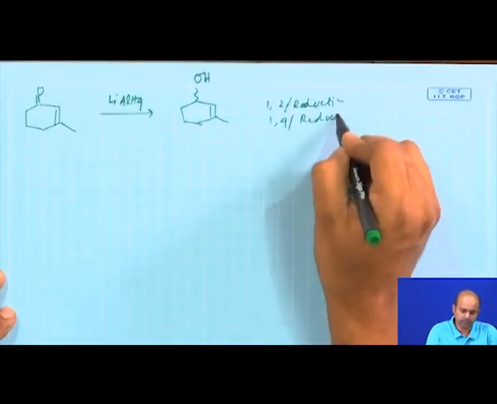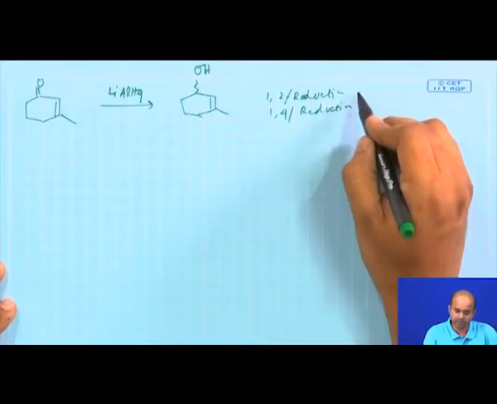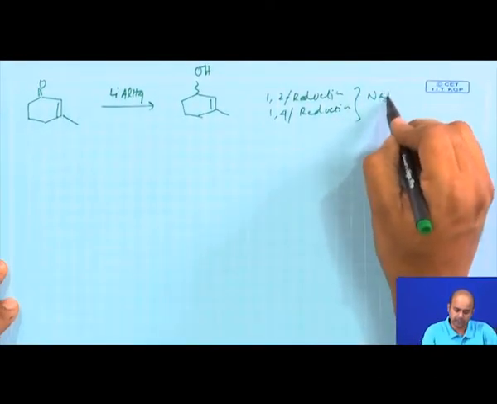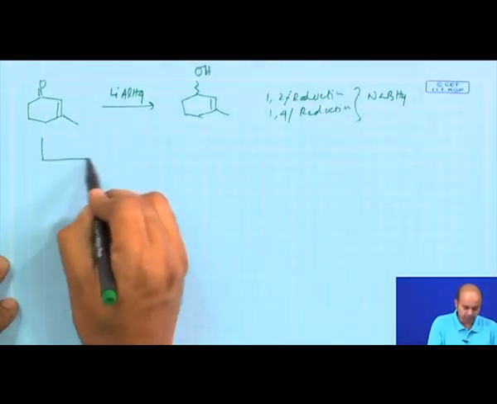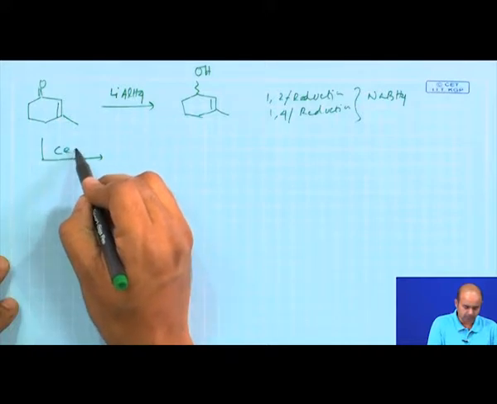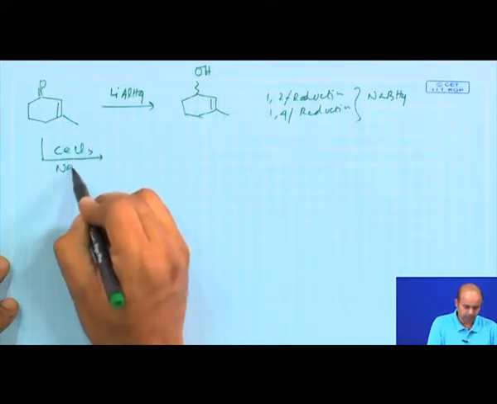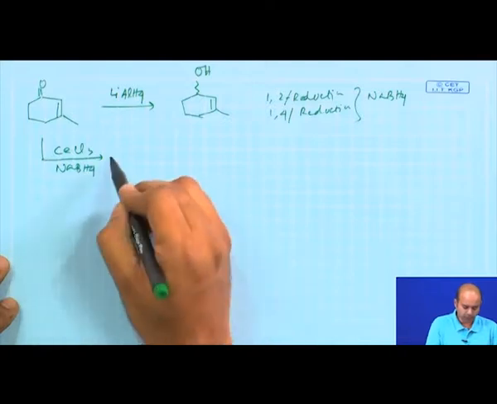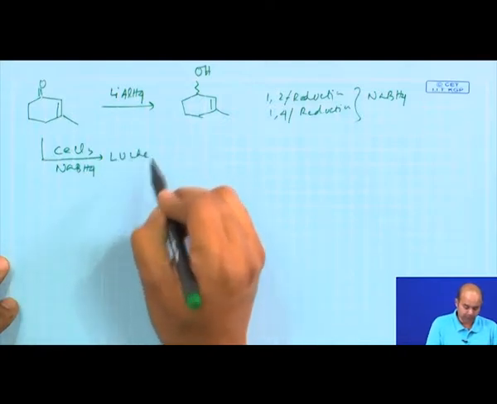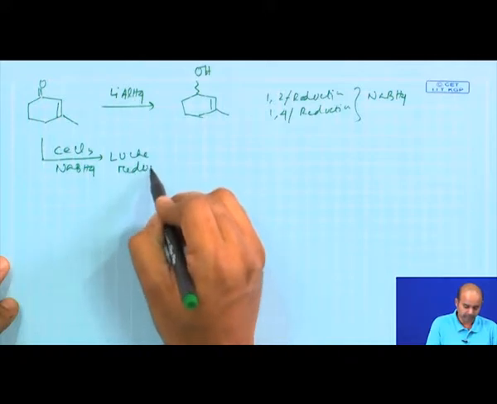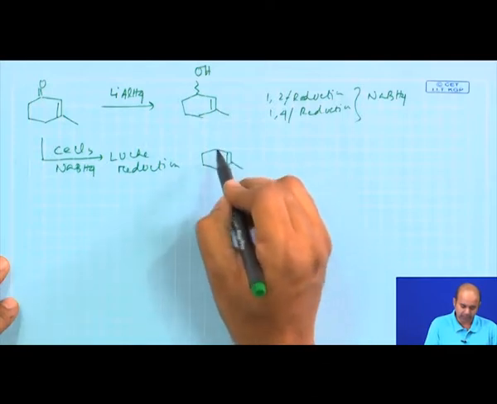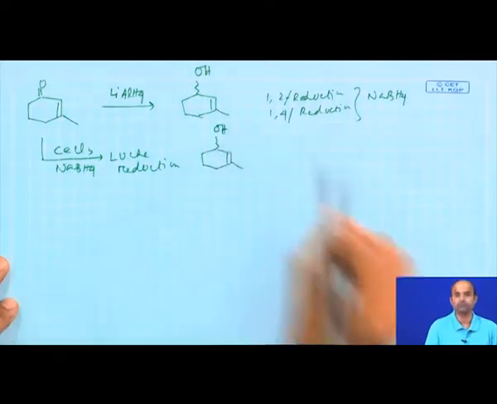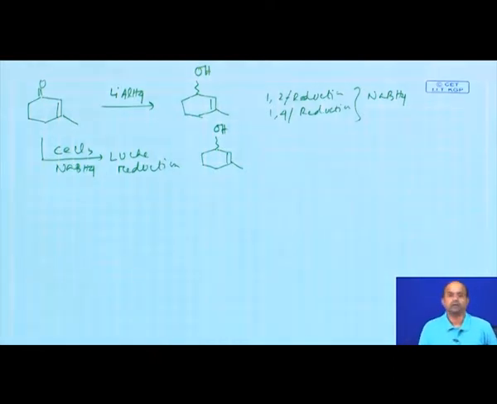Even sodium borohydride, which is supposed to be a milder reagent, sometimes does the same thing. So, in this case we are using a particular reagent condition, cerium chloride and sodium borohydride. It is called the Luche reduction condition, and it will give you extensively 1,2 reduction in alpha, beta unsaturated compounds. It is a very mild and chemoselective reduction.